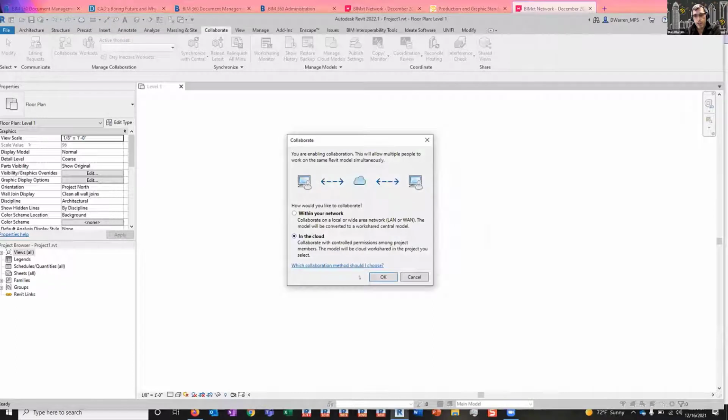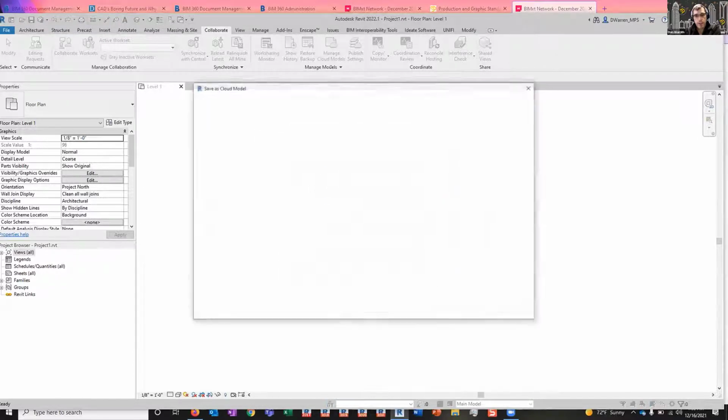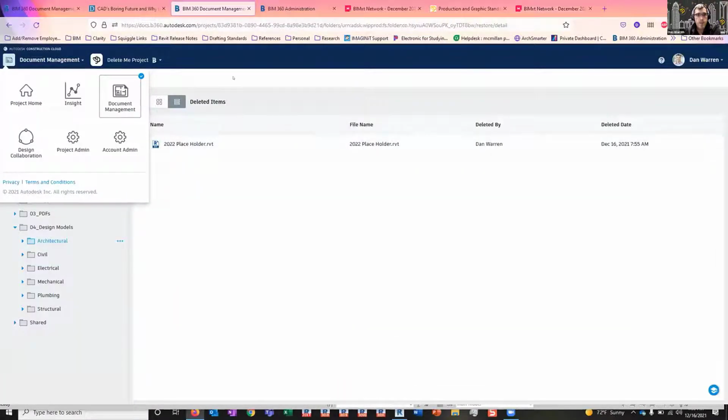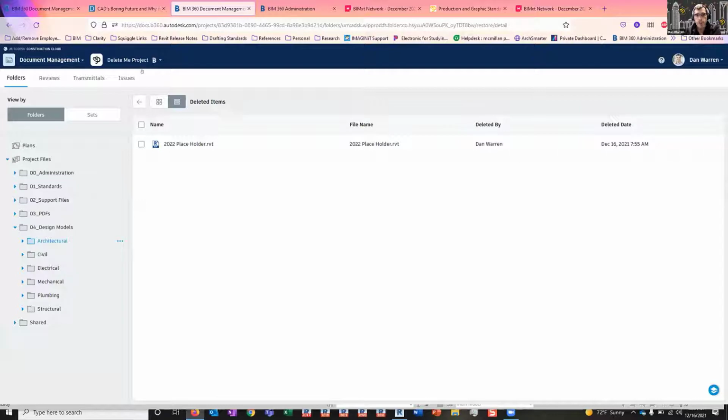This should all be pretty much old hat at this point. We're going to the cloud. We're just going to drop it in. And then I go to my project. So I've got this project in the background set up for this. Conveniently named Delete Me, just in case I forget and leave it up there. But I've already done this on the architectural side. But then you would want to rinse and repeat this based on your BIM execution plan for any of the